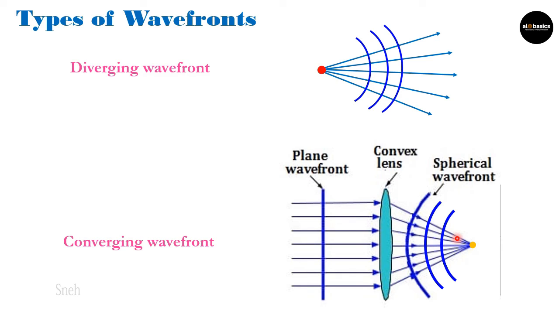Now we have seen plane wavefront, and when we saw plane wavefront, at that time I told you that plane wavefront is observed at infinite distance. When we are getting light from the sun, we are getting that light in the form of plane wavefront. That light is white light. We know that it is polychromatic light. But if I want to produce plane wavefront in the lab for monochromatic light, can I produce it? Yes, I can produce it.